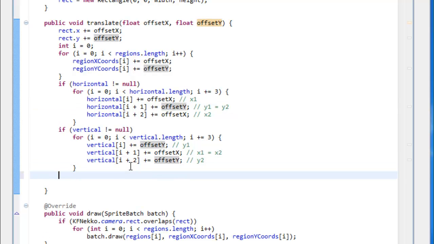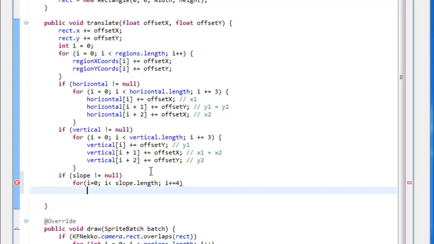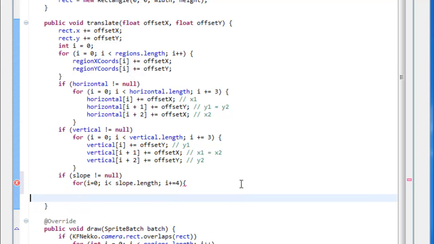And then for our slope, which is going to be the hardest part, this is going to be the hardest part of the platform detection scheme, but we can do it. For i equals 0, i less than slope. Now for a slope, we're going to need to store 4 points, 4 data, 4 floats. And I'm pretty sure you can guess why. So